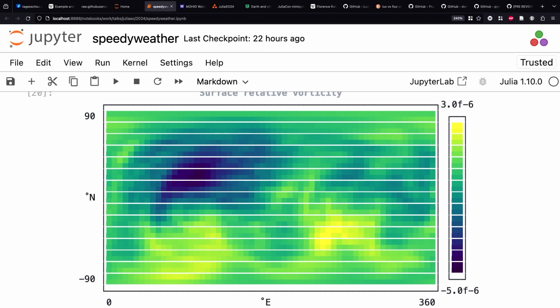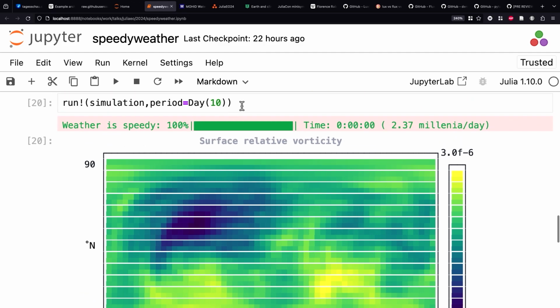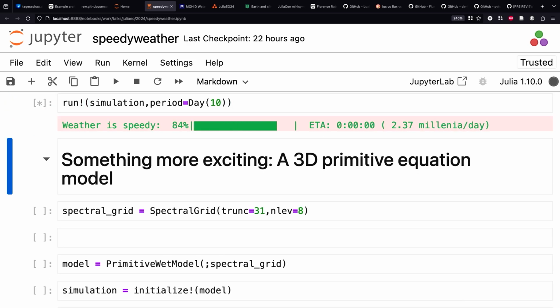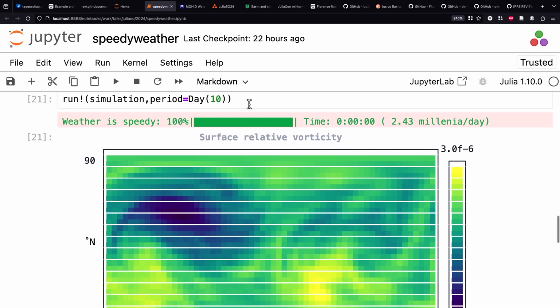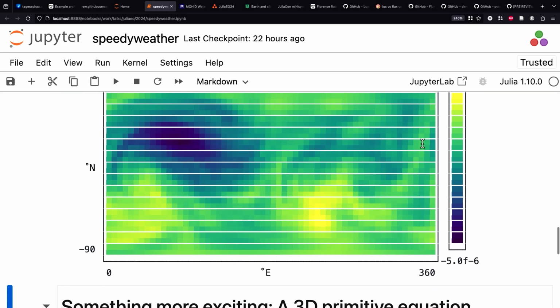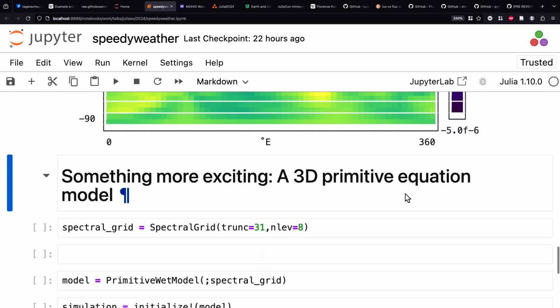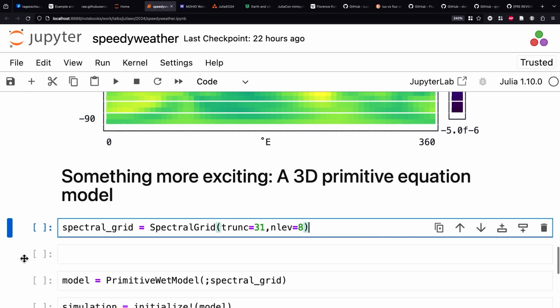And this is where we use these Unicode plots to understand what's happening. So if you wanted to run it again, I would just press enter again and I would see, oh, I've simulated another 10 days at a given speed here of about 2,400 days per day because, guess what, the simulation isn't super high resolution. So let's do something a bit more